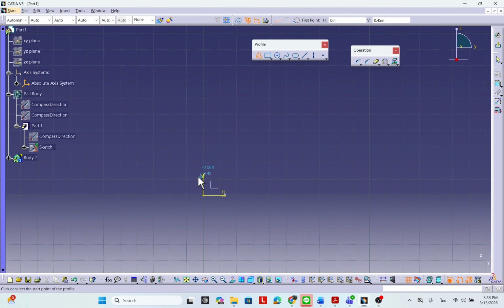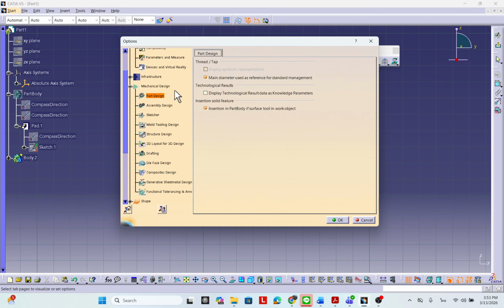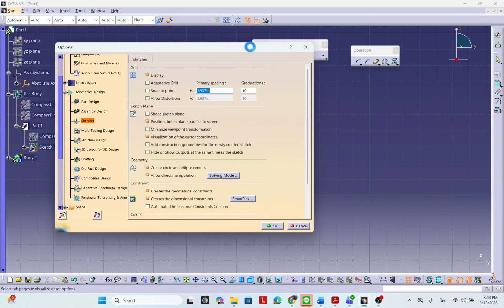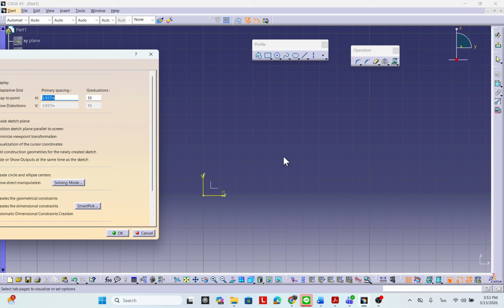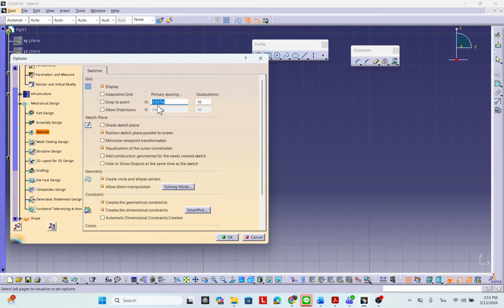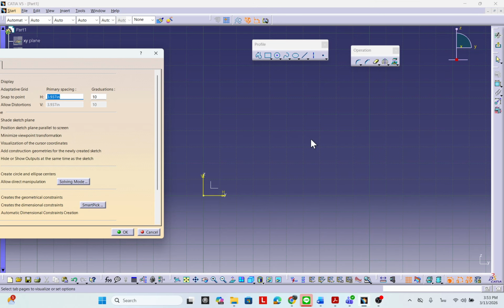I just bring you to Options, going to Mechanical Design and Sketcher. The sketcher shows the grid. The grid has a graduation. The graduation is 10, meaning 1, 2, 3, 4, 5, 6, up to 10. 10 graduations make 3.937 inch. You need to know about it. And one space of the grid, in the graduation of 10,